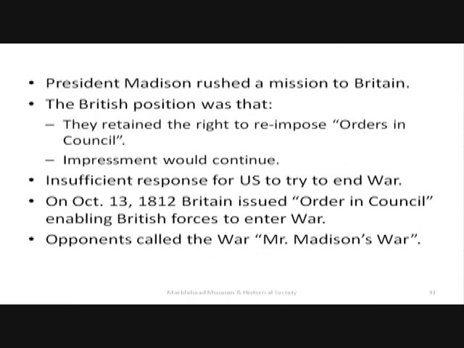And the British waited quite a while. They knew we had declared war near the end of July, and they waited till the middle of October before they finally issued an order in council for British forces to enter the war. This sure says they were looking for peace and giving us every chance to do it. The most interesting thing is that the two issues that we said were most important on declaring war benefited